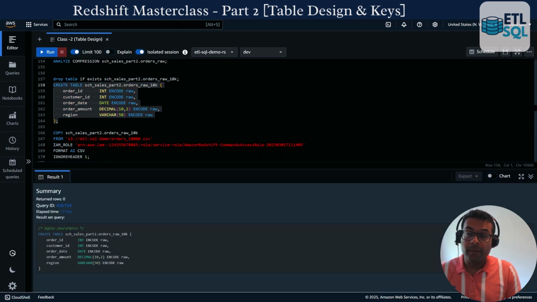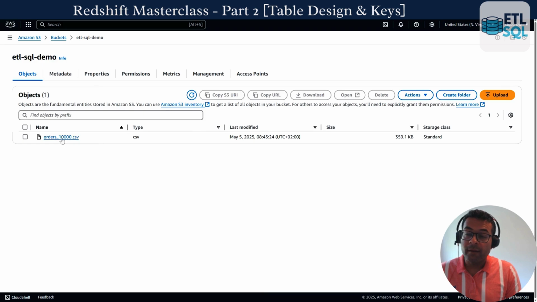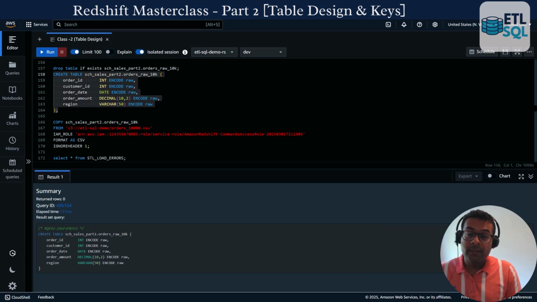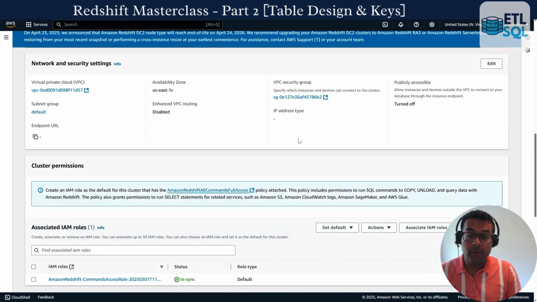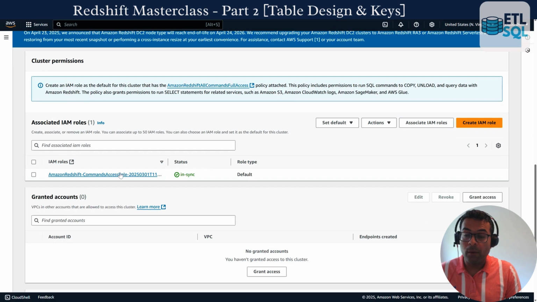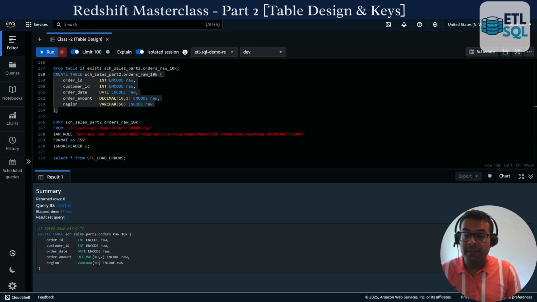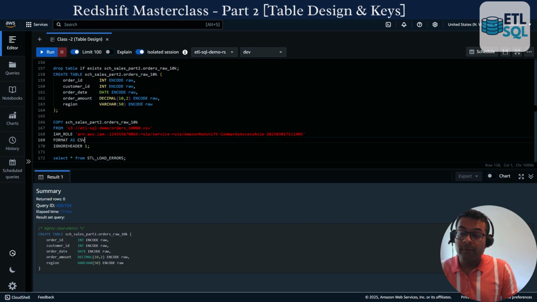and I will run this copy command. I have placed a CSV file here, and it has 10,000 records in it, and I will load it. And this ARN, if I come here to the properties, this is my role, right? This is the role which I have. So I'll just copy this ARN and paste it here. This is the Redshift role with which I'm going to read this data from S3 and load into this table. And I have specified format as CSV,